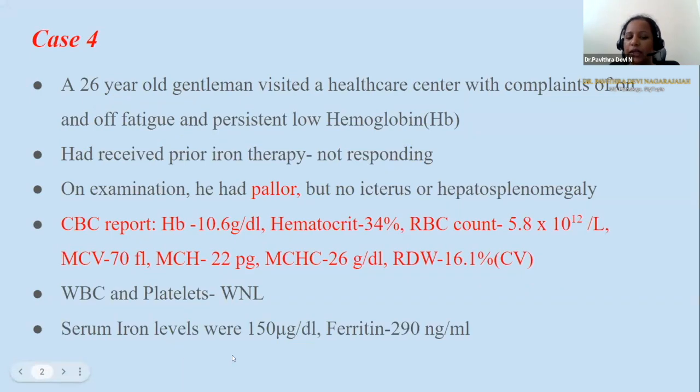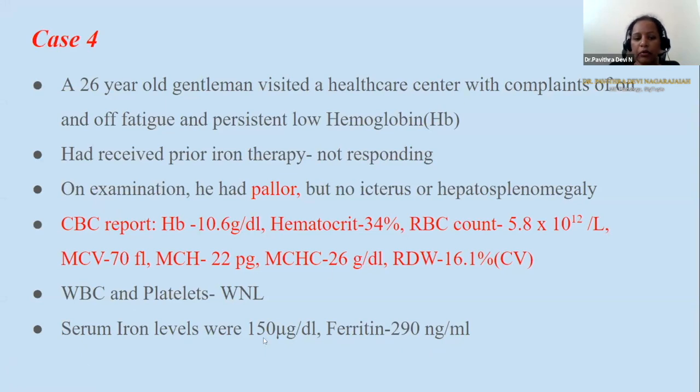Serum iron was 150 micrograms per deciliter, which is normal for this age, and ferritin was 290 nanograms per ml. The range for serum iron is between 15 to 150, and ferritin 15 to 300 or 350 nanograms per ml. So it was essentially normal, but still looking at the CBC,